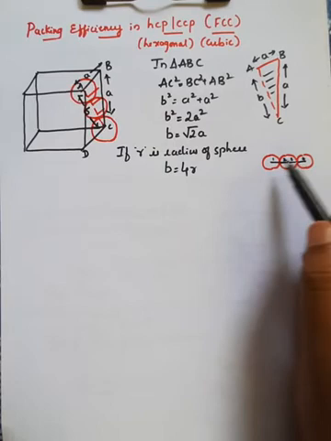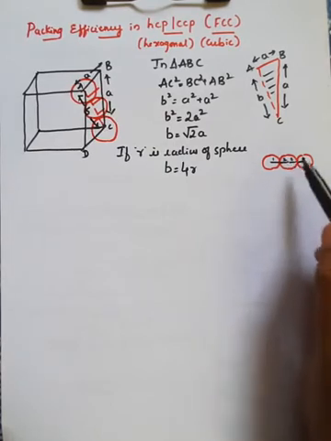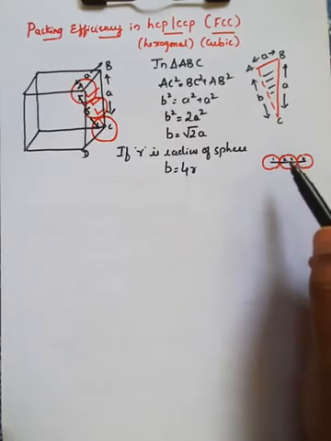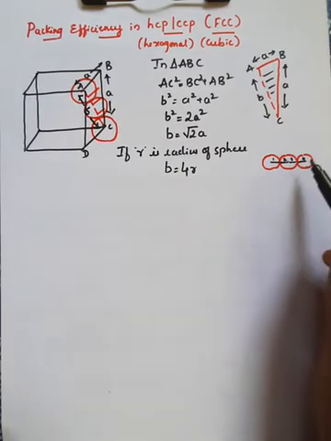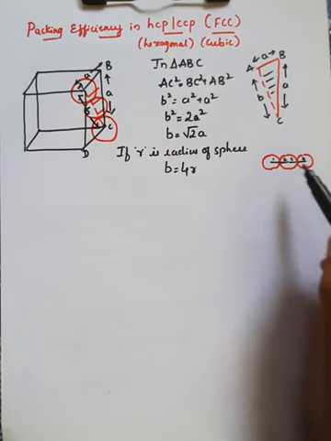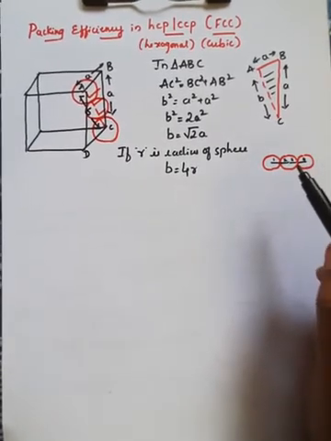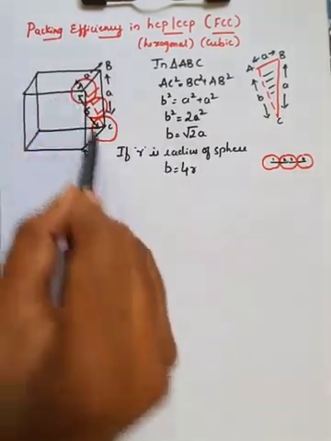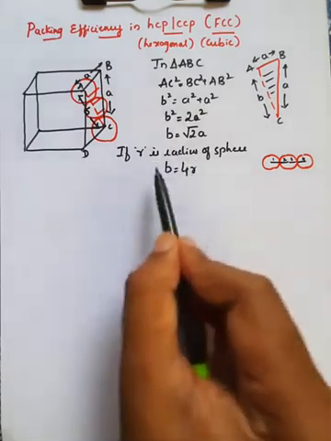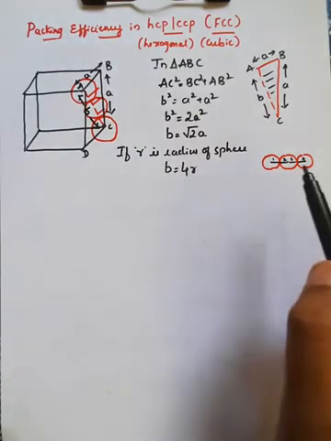Therefore this length B is equal to 4 radius: the first radius from the first circle, and you will get 2 radius from the middle sphere because it is connected on both sides, and from the end sphere you will get 1 radius. Therefore, total 4 radius. So the length B can also be taken in terms of radius, that is B is equal to 4r. Understand this concept, this is very important, right?